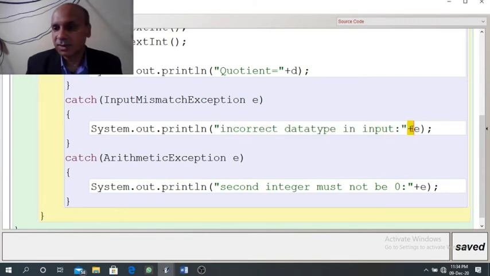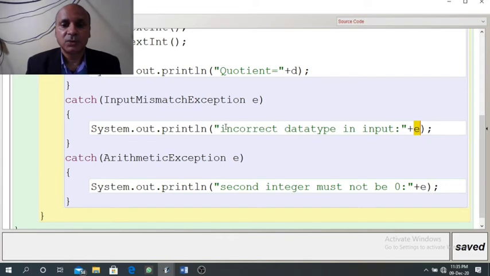After double quotes we need to write plus E. E is the object name which is created from InputMismatchException system class. So when we print E, system will tell the user what was the reason of this error and what is the correction required.